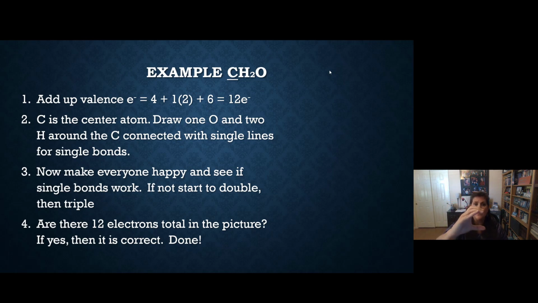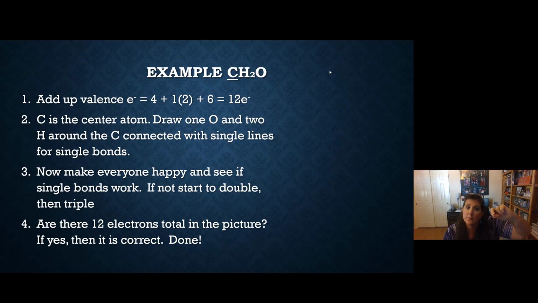Carbon's the center atom. Put it in the center. Draw a single bond to an O. Draw a single bond to an H. Draw another single bond to an H. That's how we start. Now let's make everybody happy. Okay, the hydrogens are already happy because they have single bonds, which means 2 electrons, so the hydrogens need 2, so they're done. Now the carbon in the center has 1, 2, 3 bonds around it. Remember, carbon's in the center with 1, 2, 3 bonds. So that's 6 electrons. So it needs 2 dots, a lone pair.